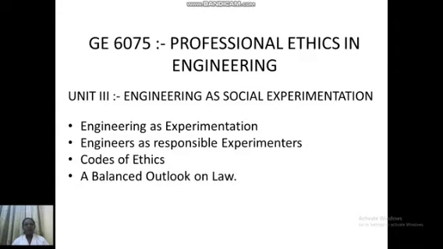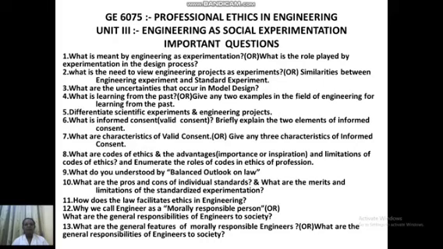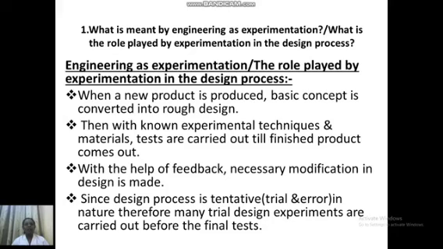This is the syllabus about engineering as social experimentation. These are the questions I am going to explain to you now. The first question: what is meant by engineering as experimentation, or what is the role played by experimentation in the